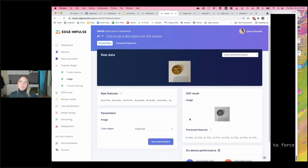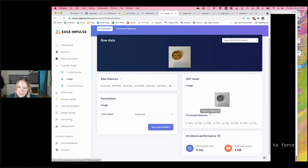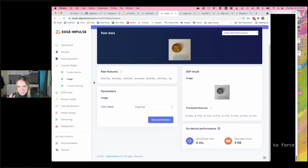So our image pre-processing block, this is where we're taking this color image of our cookie, taking those raw features of the hex values of each pixel in the image and making it into grayscale. We could also have RGB depending on the type of camera that we're using to deploy on our edge device. But because we're using the Portenta, we're going to switch it to grayscale. And these processed features get spit out, and these are what we're going to be using to pass into our